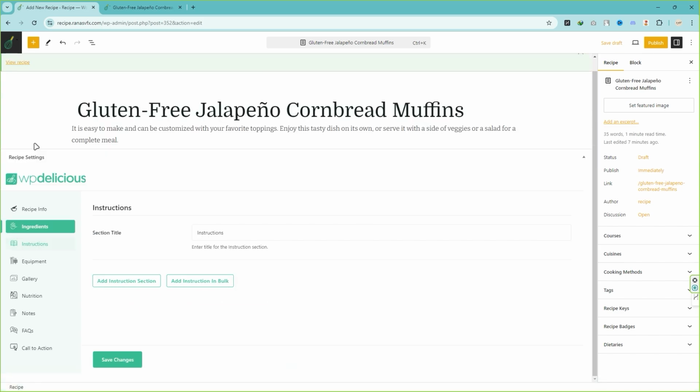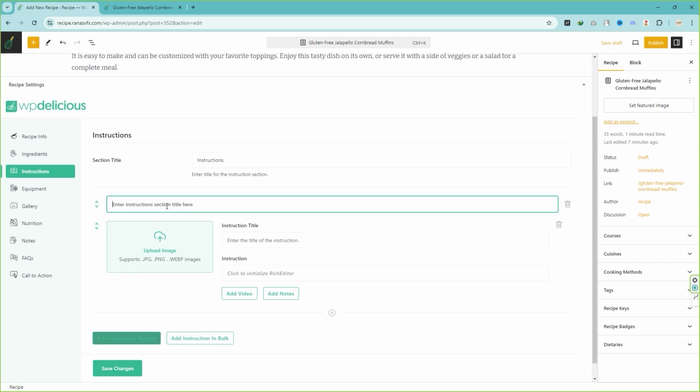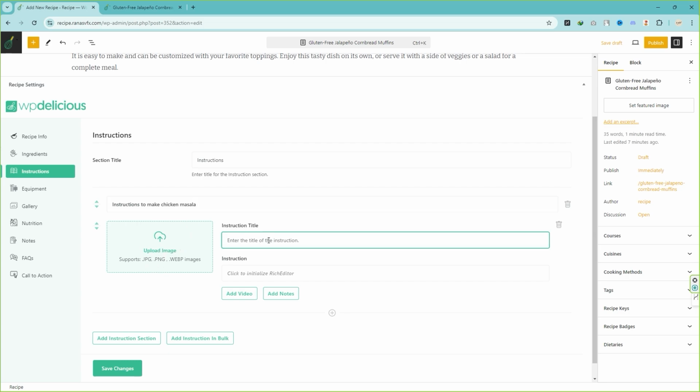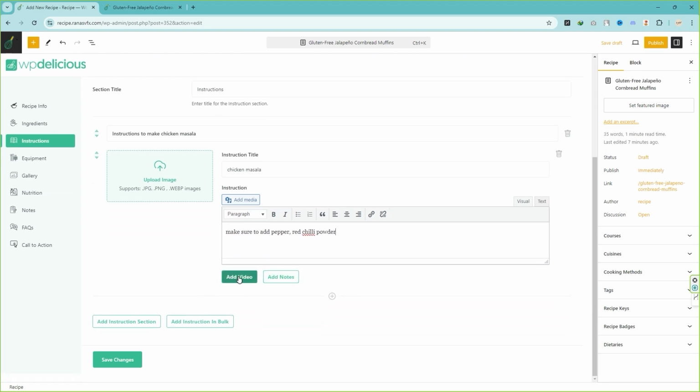And let's look at the instructions. Here you can add the instructions title, which is already there. Let's click on add instruction section. Here you can add the instruction section title. I'm gonna call it instructions to make chicken masala. Here you can upload an image. Here you can add the instruction title as well, chicken masala. You can add the instruction. Make sure to add pepper, red chili powder, and you can also add a video, or you can add a